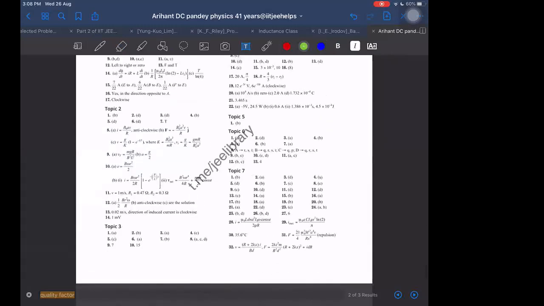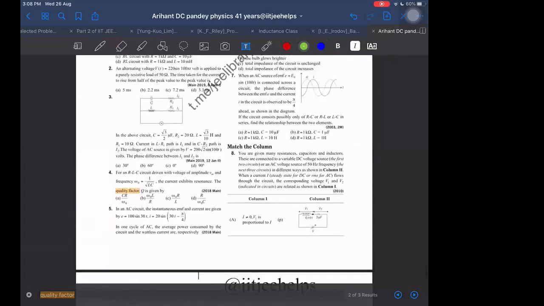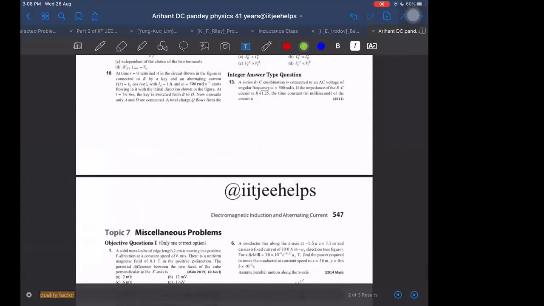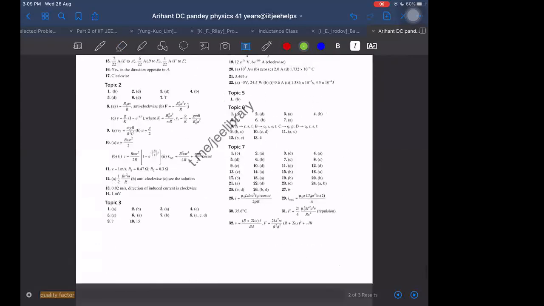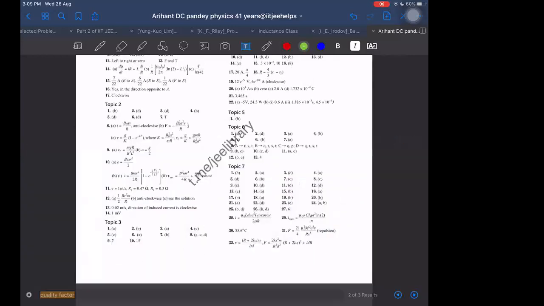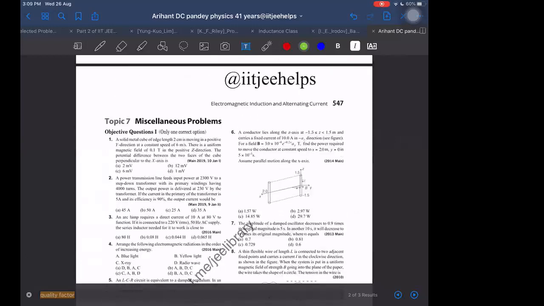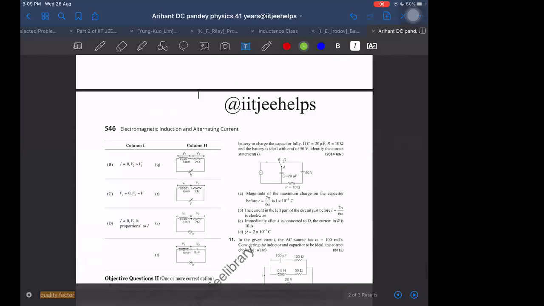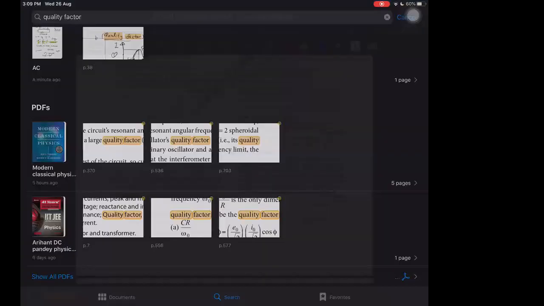Which topic was it? Topic 6, question number 4. B. Same answer only, I think. We were getting that only: omega naught into L by R. Sixth topic, this one, omega naught into L by R only. But we can write it in some other ways. For example, I may prefer to write it as